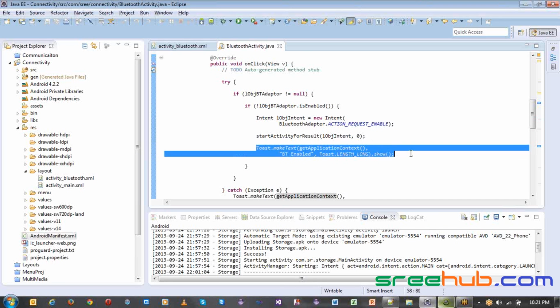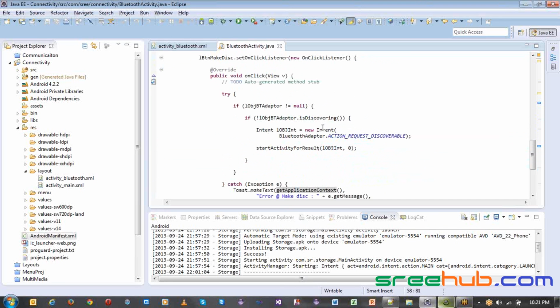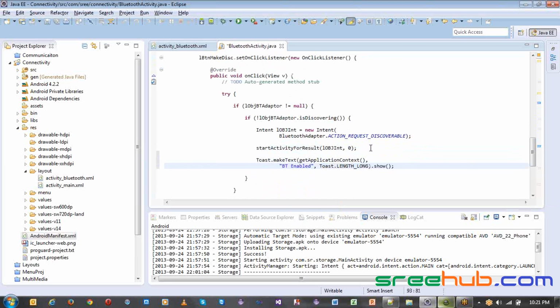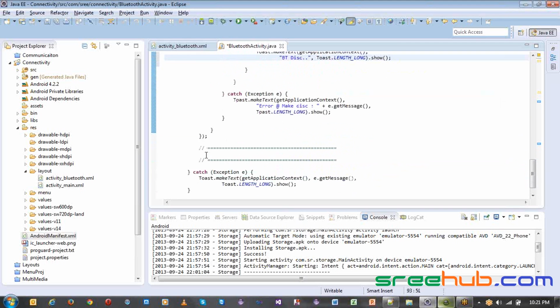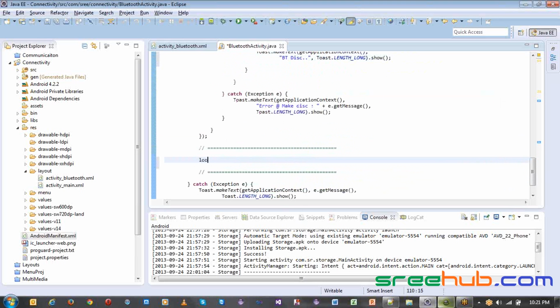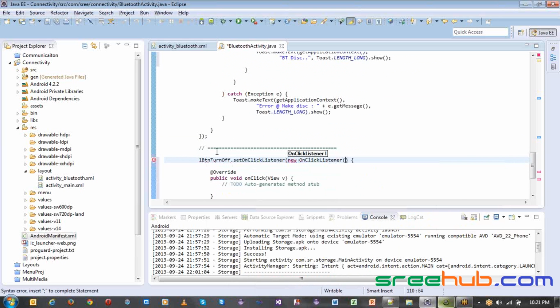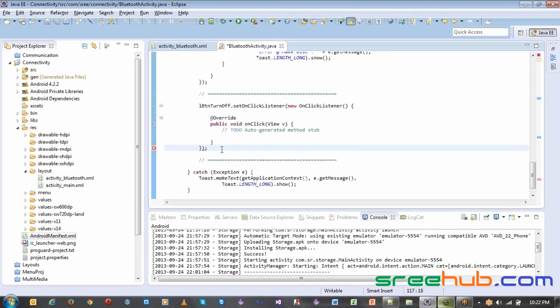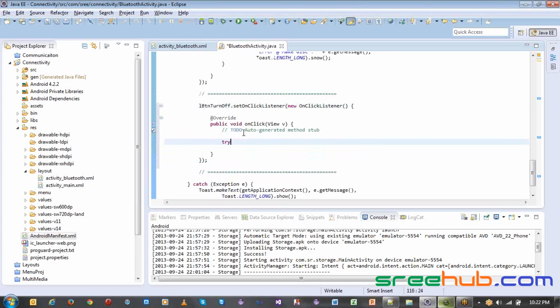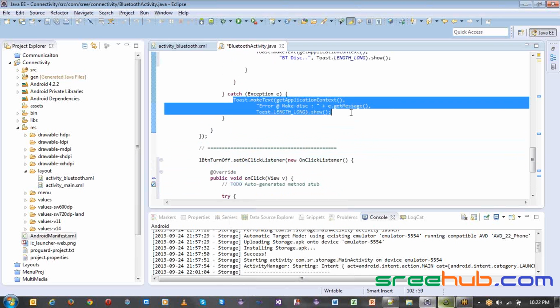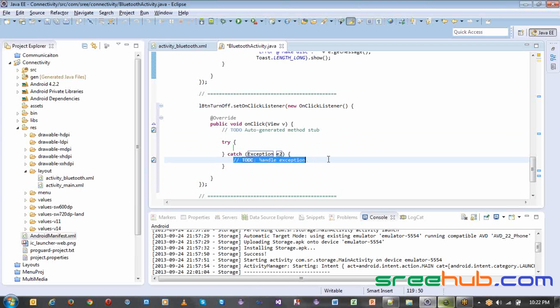So in the same way, here let's say something like Bluetooth discoverable, right? This will actually make your Bluetooth discoverable. And the last step is to disable or turn off your Bluetooth, which is turn off dot set on click listener of new on click listener, right? And then here let's make a try catch. Let me copy this toast, paste it here and just say